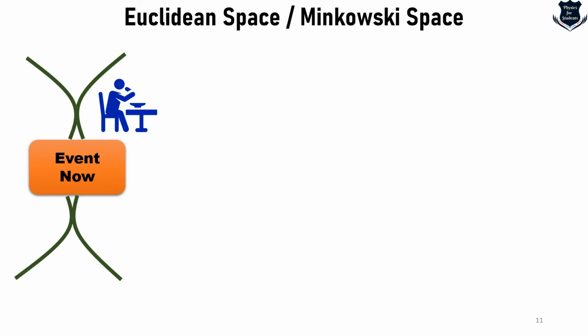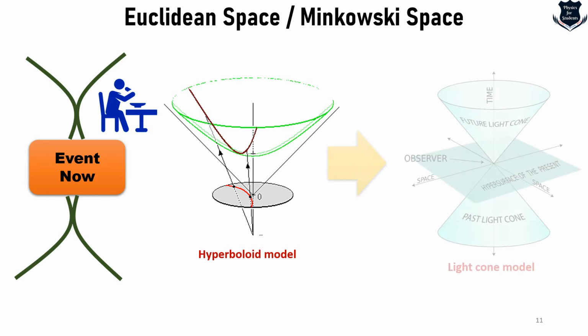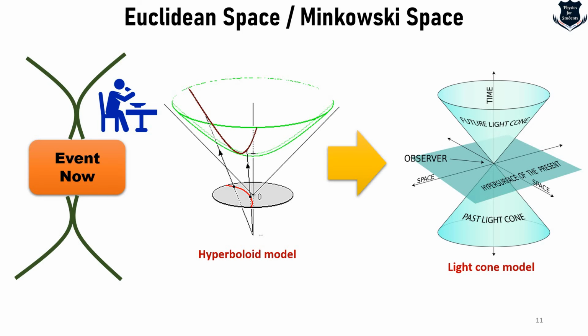Now this structure, this theoretical imagination on structure, was already done many years back by this person called Lobachevsky, which is called Lobachevsky geometry, a hyperbolic geometry, which was discovered much earlier. Now you see that this event where the person is eating, if I want an intuitive idea of what is the past and what is the future, I cannot define this in a flat space. Obviously, we cannot.